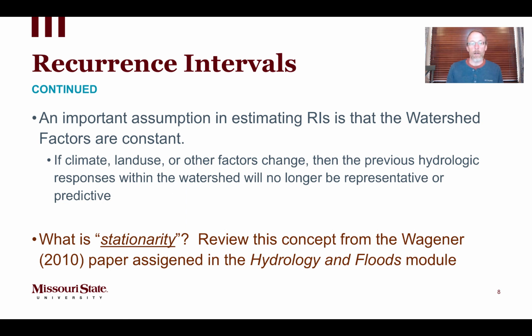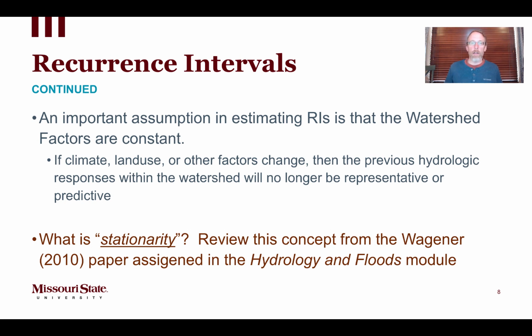Well, if climate or land use or any of the other watershed factors change, then the previous hydrologic responses within the watershed will no longer be representative or predictive. In other words, we have maybe 100 years of record in a watershed. If nothing's changed, if the climate hasn't changed, the land use, the vegetation, the slopes, the topography, the geology, all those watershed factors, if they've remained exactly the same through that 100 years, then that 100 years of data probably